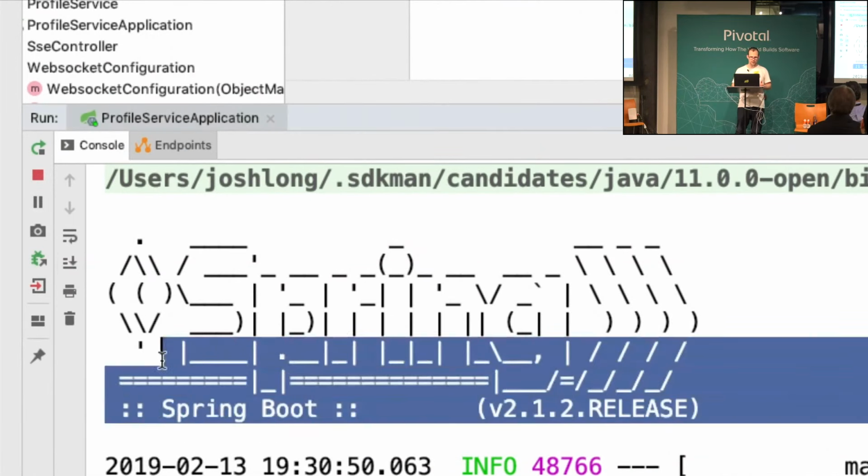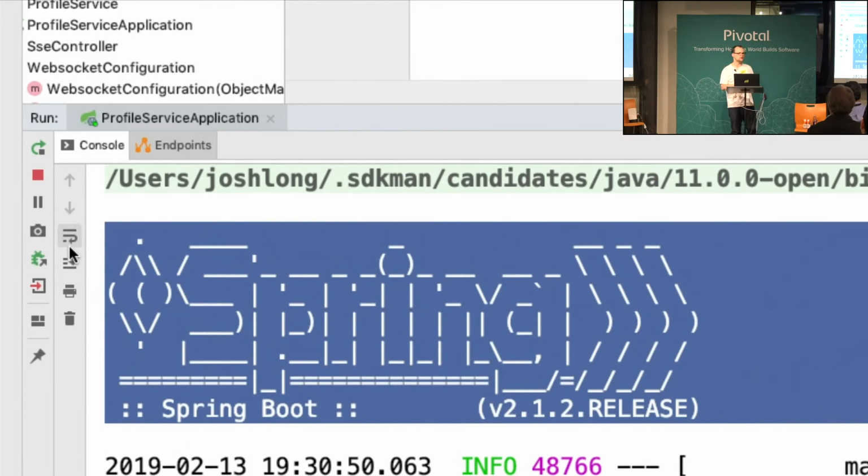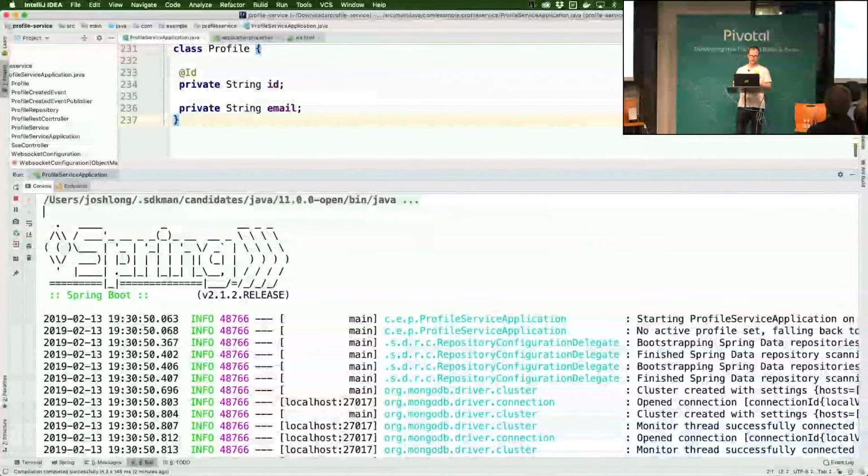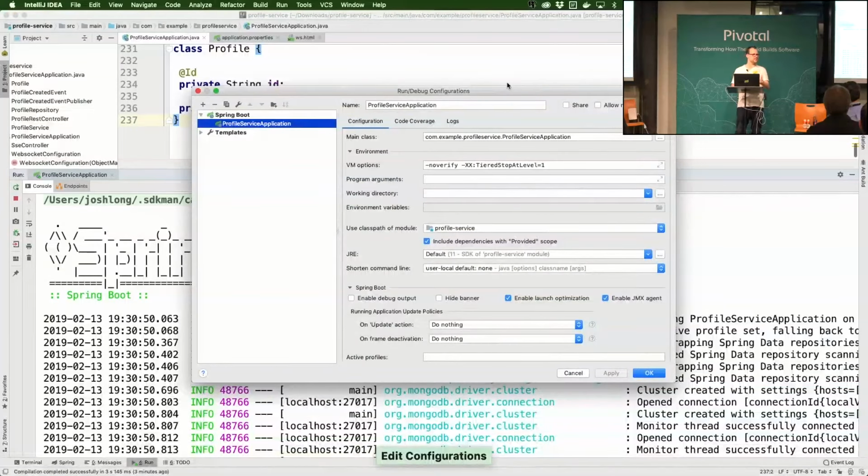This artwork is the artwork in the Spring Boot application that we have had in Spring Boot for a long time. And I'm a big fan of this artwork. People who know me know that I care about this artwork. And so I'm always on a quest to better the lives of people who care about their banners. And it's for this reason that I want to take a brief moment to talk about what I consider to continuously be a blight on the Java ecosystem, a true offense, something that I consider to be beyond the pale